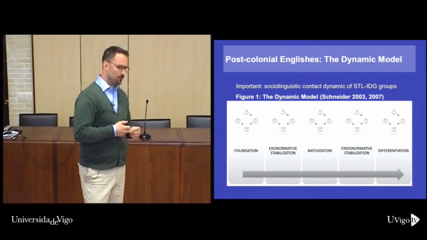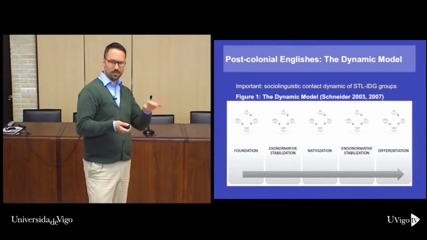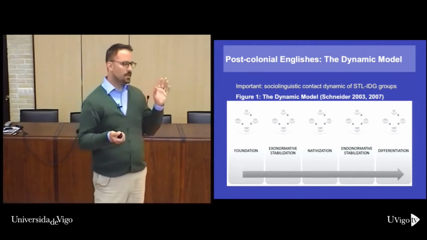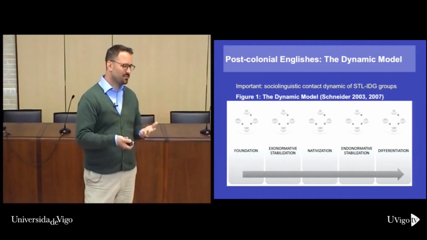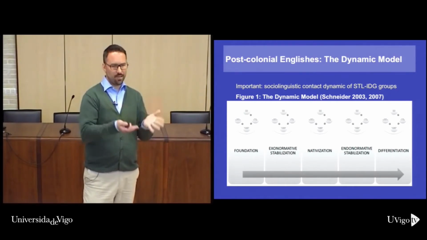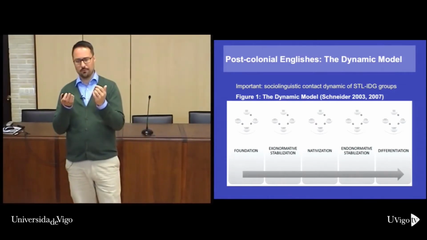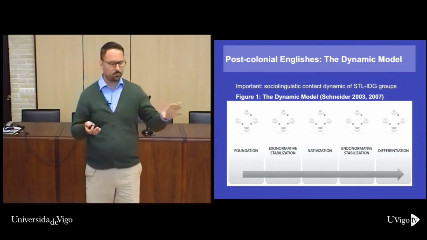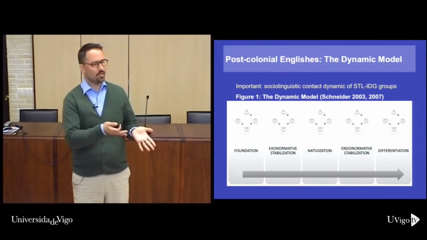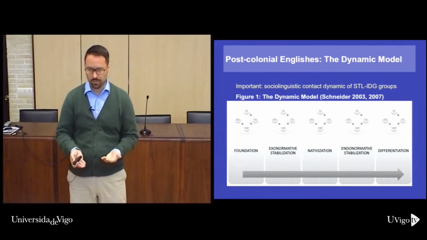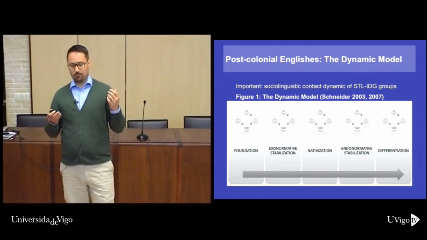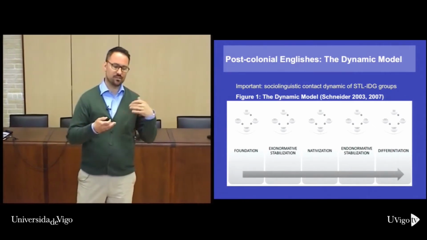But it's a static kind of view, okay? It's at one point in time, you classify these as inner, outer, or expanding circles, and it ignores the dynamic aspect, and it also is problematic for certain countries, like, think South Africa. If you look at the complexity of South Africa, then you've obviously got former expats, descendants of British settlers, and for them English is their first language, so we would say South African English is an inner circle variety. But of course, we also know that there are many black and colored speakers there who speak English as a second language.